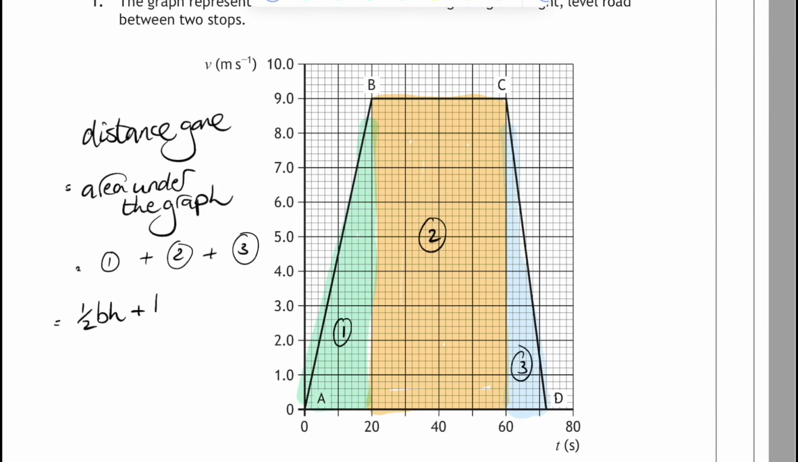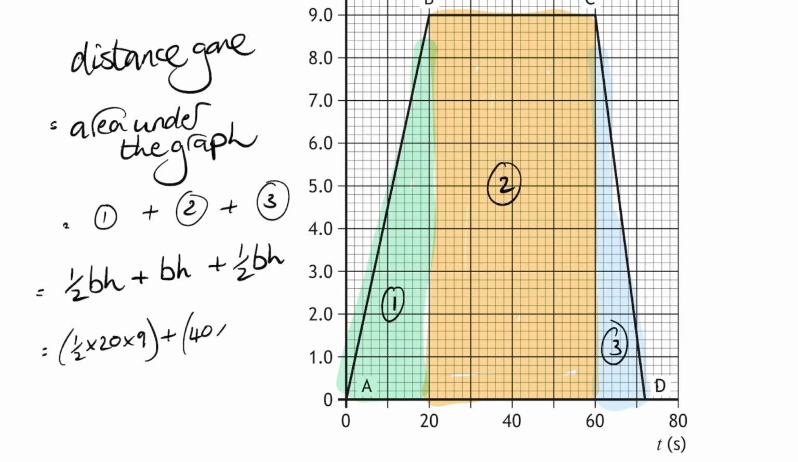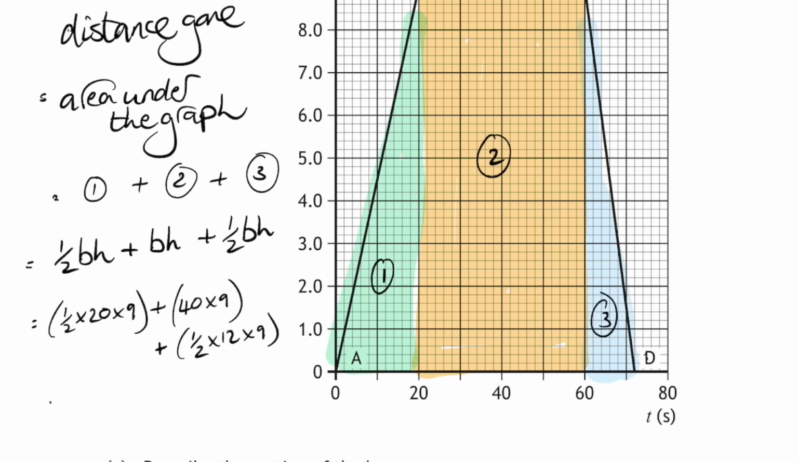We do a half the base times the height, plus the rectangle, area 2, and then another triangle again, half the base times the height. So for the first area, it will be a half times the base is 20, the height is 9. The orange triangle there's got a base of 40 and the height of 9. And then the last area, area 3, is also a triangle, so if we do a half the base times the height, it's a half times 12 times 9. That gives us 3 areas of 90 plus 360 plus 54, and a total of 504 metres is the distance